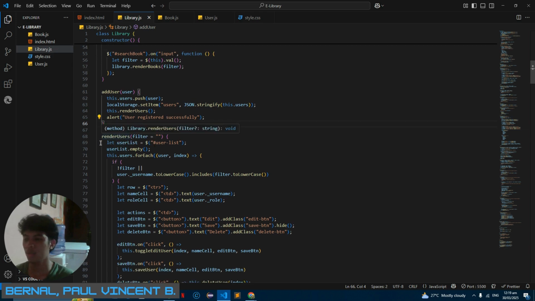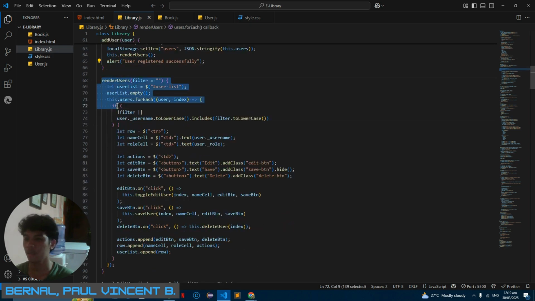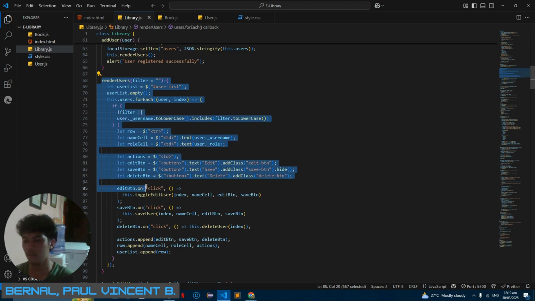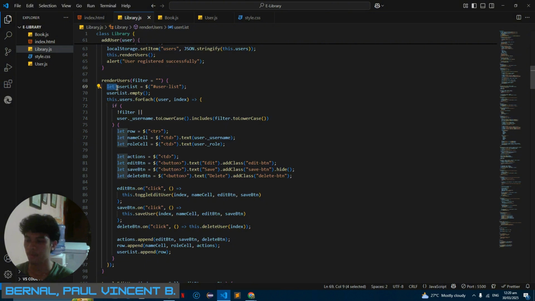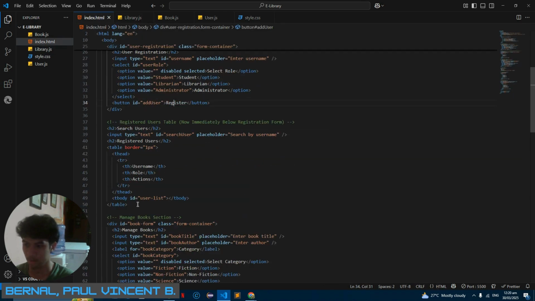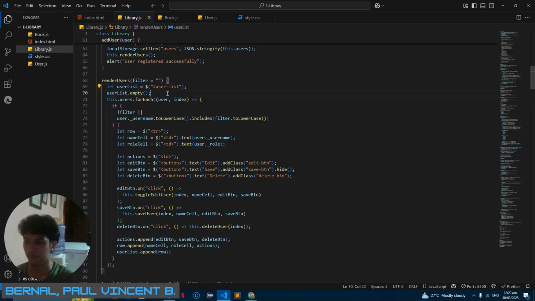We proceed to the render users function for the search filtering of our users in the table. We declare a variable for user list to access the user list ID from our HTML code. There's the code for that, the body user list. There's a method inside this for user that this is empty.